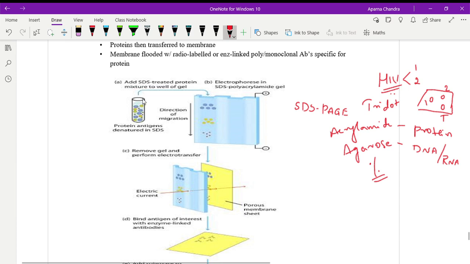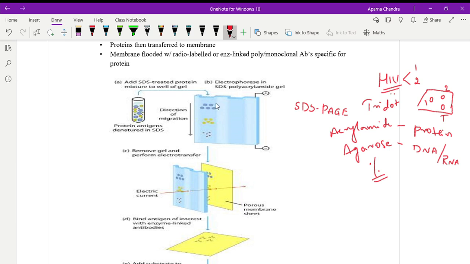Now when a person's serum sample is given, that serum sample is first added with SDS, so that the proteins that are there will get denatured and then get fragmented into smaller peptides. Now these are transferred onto an electrophoretic gel, mostly PAGE, that is polyacrylamide gel, and then subjected to electrophoresis. Once that electrophoresis is done, the particles get separated depending upon their molecular size as well as on the charge.